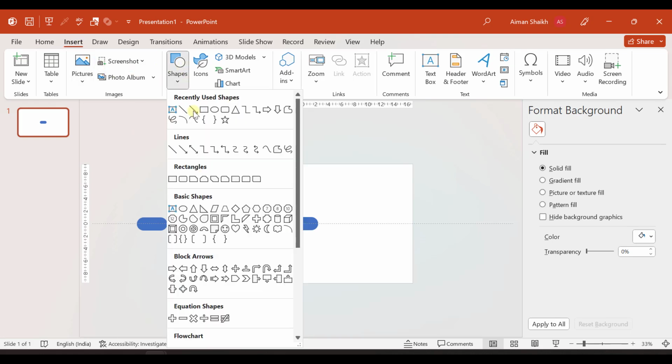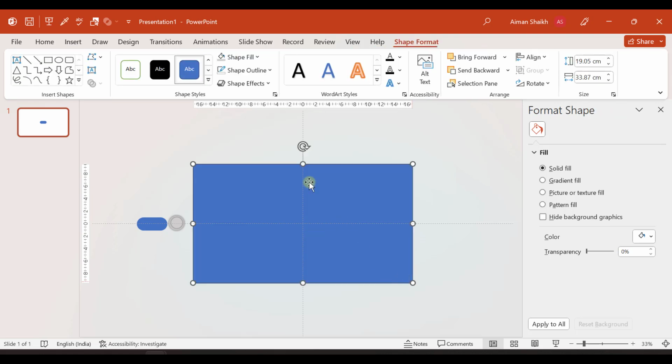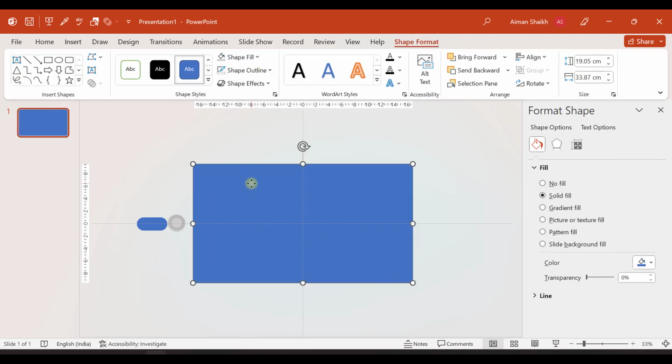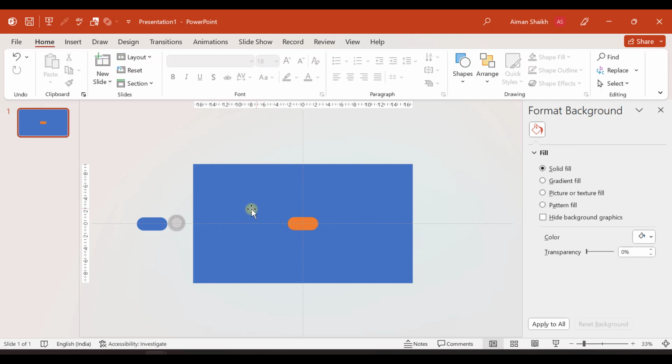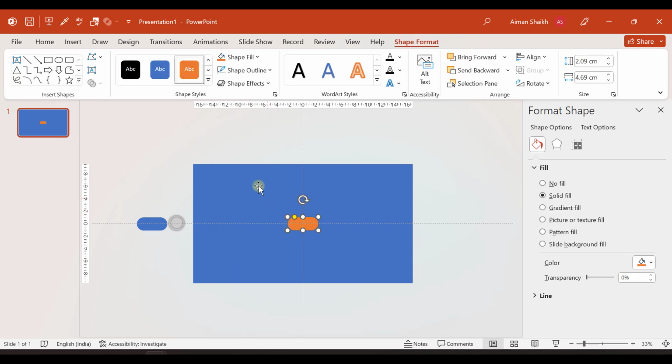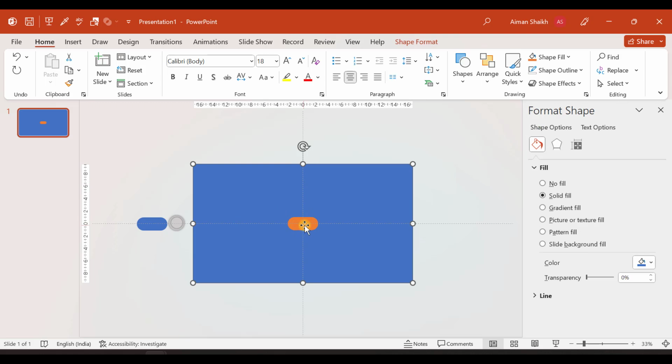Now I'll go to insert, shape, and I'll insert a rectangle which covers the whole slide area like this. Obviously no outline, and let me send it to back. I'll just change color from this to this. Now what I will do is subtract this rounded rectangle from the blue rectangle which we have just made. So I'll first select the rectangle, then by holding the shift button I'll again select the rounded rectangle. You don't have to select both the objects at the same time. You first need to select the rectangle, then by holding shift button you need to select the rounded rectangle,